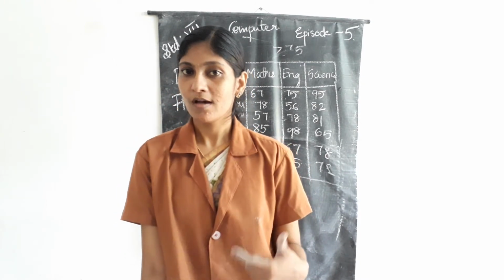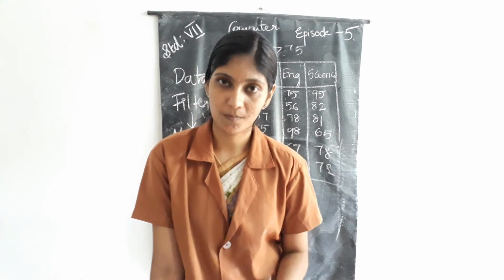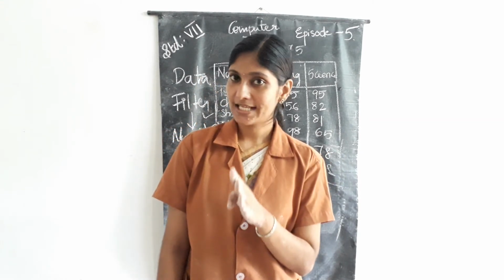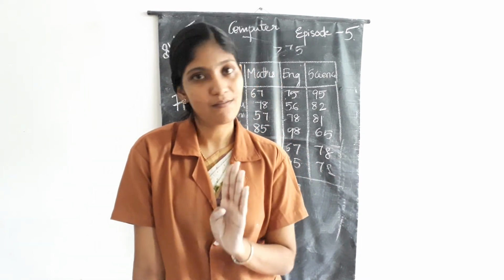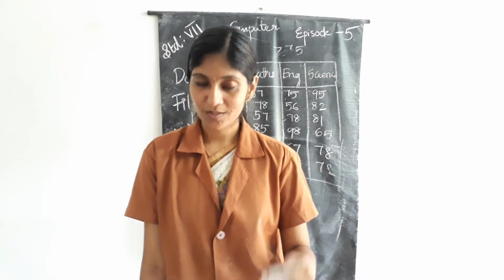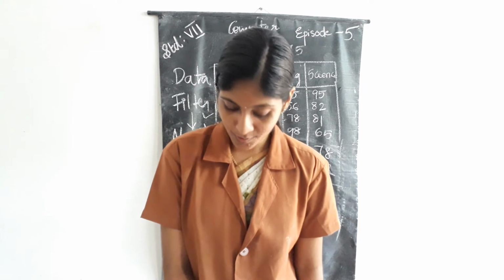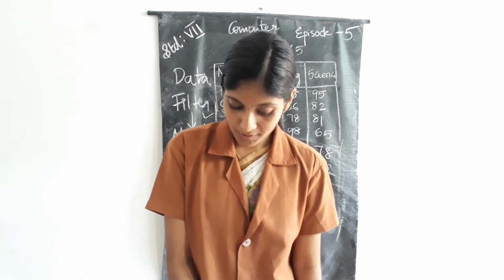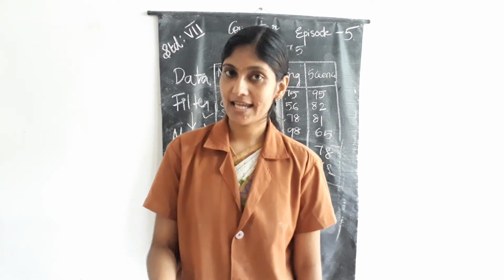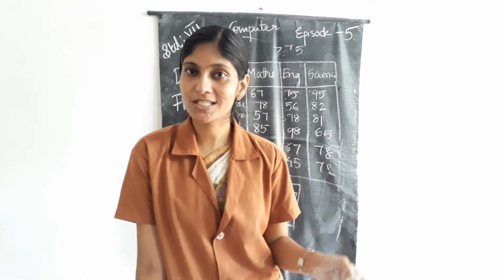So how do we get this color? The steps are, first go to the Home tab, and then you can see a conditional formatting option. Just click the conditional formatting option. When you click it, you can see several lists that contain highlight cell rules, top or bottom rules, data bars, greater than, less than, between. So here our question is between marks.